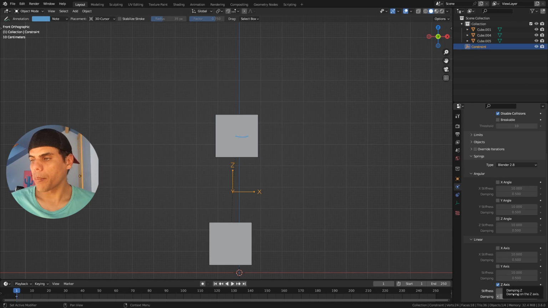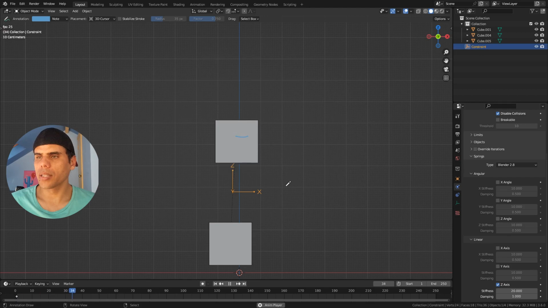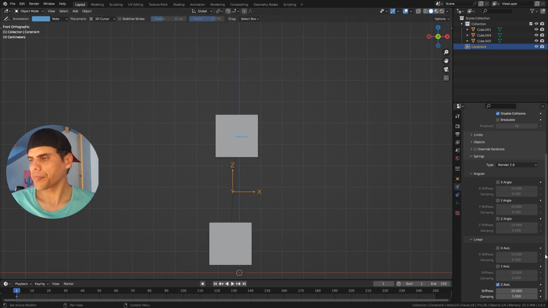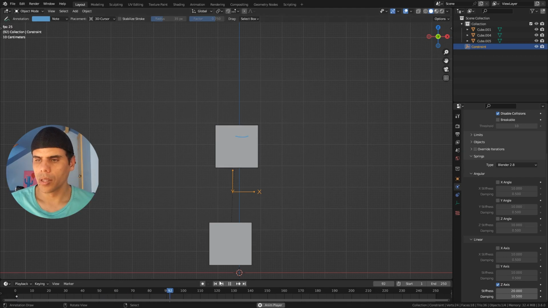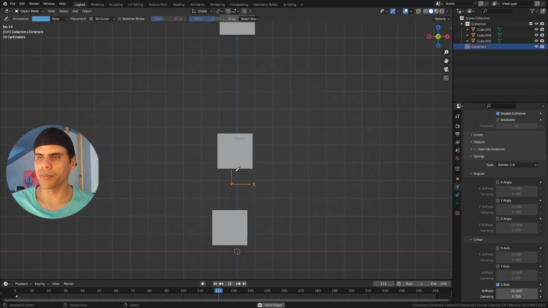So if we want more damping, it's going to make it go to the stationary position faster. So more damping, imagine that it's going through honey, which is making it slower to move. And if we put it less, it's gonna be like a crazy, never ending bouncing